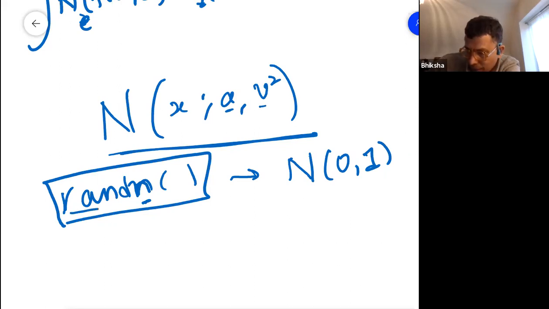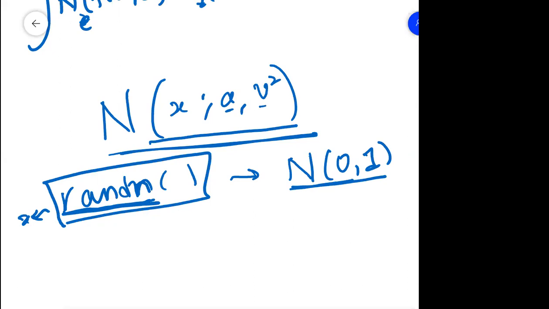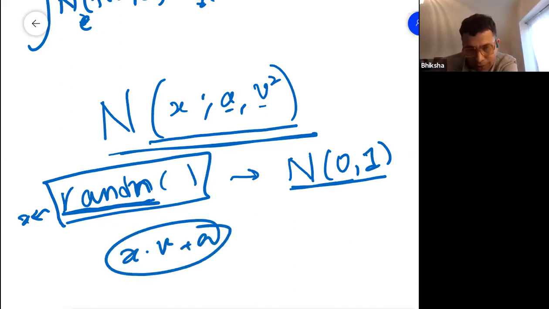This is a standard function in every programming language. It's easy to write the code for it. There are many algorithms for generating data from a standard Gaussian. Okay, so assuming I can draw X from this, how do I get a sample from a Gaussian with mean A and variance V squared? Do you just multiply by the standard deviation and then add the mean? Exactly, that's it. Trivial, correct?